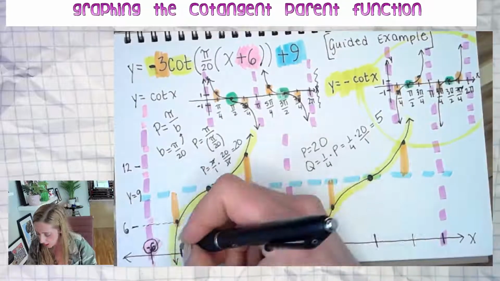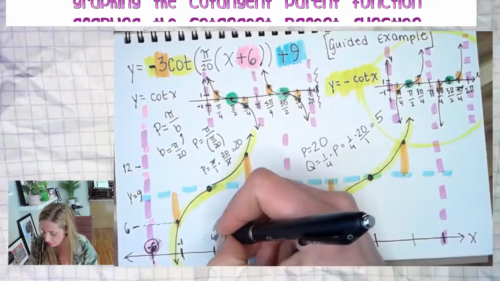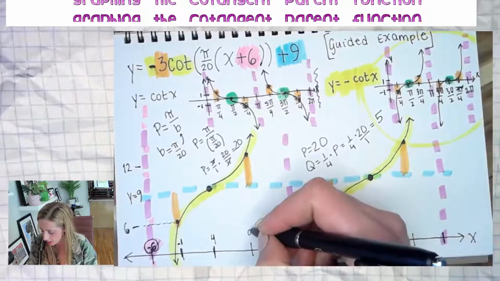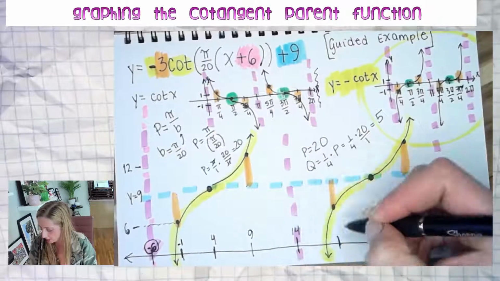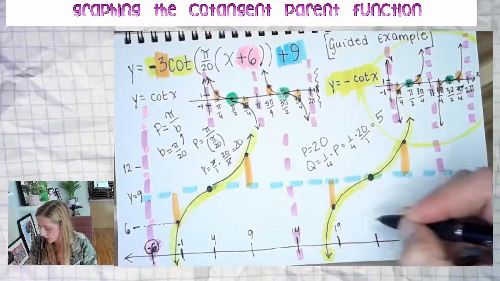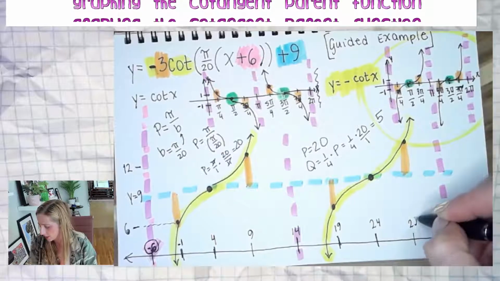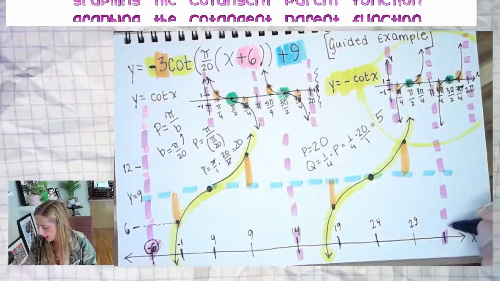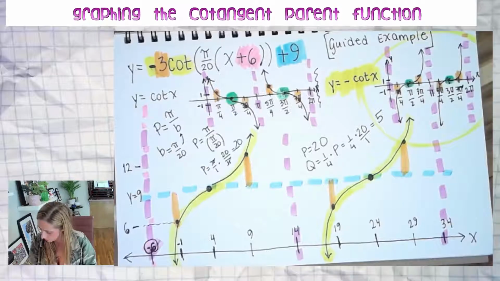So -6 plus 5, this next tick mark would be -1. Plus 5, we get 4. Plus 5, get 9. Plus 5, 14. Plus 5, 19. 24 and 29. And then last we get 34. So that should be